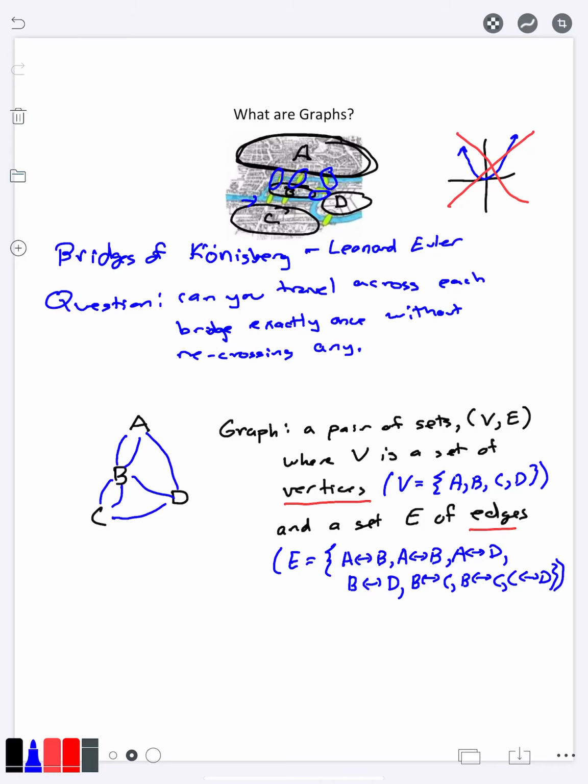And so you see every connection between the vertices, between the islands, is going to be an element in our E set, our edge set,